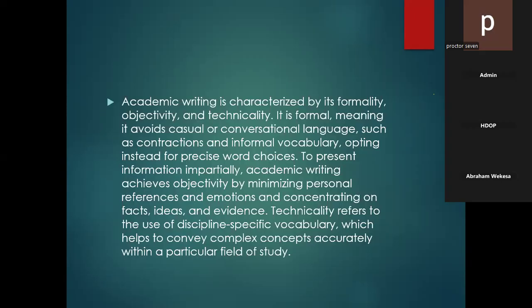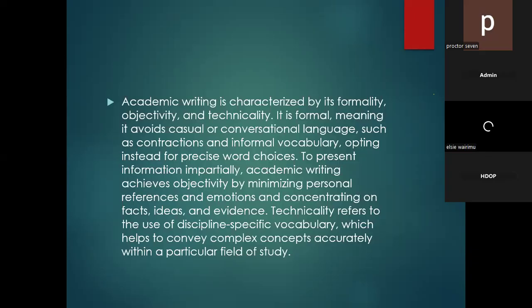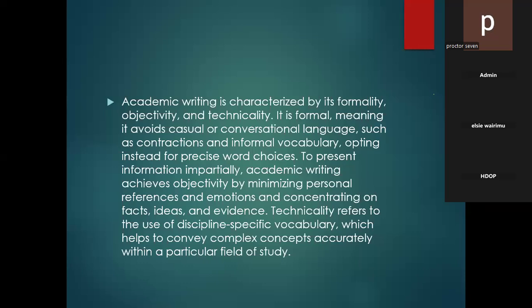It's also objective. You don't come here just praising people. This is a very phenomenal researcher. We don't want words like phenomenal, a very trustworthy research. That one shows your attitude. And we are not interested in your emotions and attitude in scientific writing. Scientific writing is objective. If there are mistakes, you point them out without attacking the person. You don't say this was among the most foolish kind of research. You don't use words like foolish. Those words are not allowed. So when you write a term paper, let your language be formal and be objective.